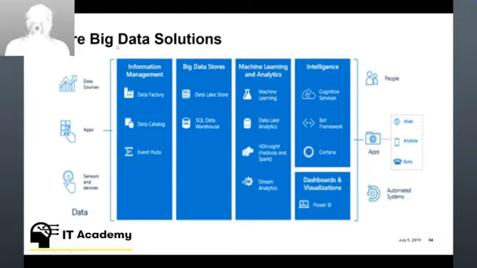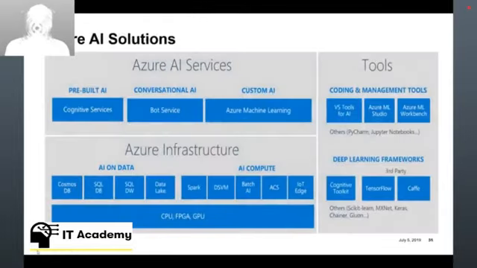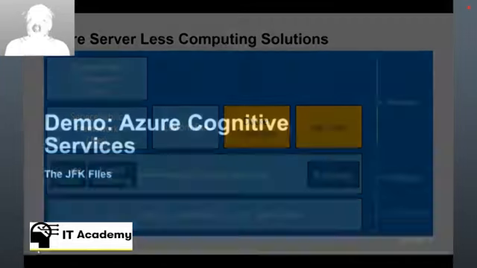So the key lesson to take away from this slide is pretty much everything you want to have to build a big data solution, there's an offering component there in Azure that you can build upon as a foundation for this stuff. AI is a huge growth area, and again, just like these other areas, there are various domains of capabilities that organizations need to have to create an artificial intelligence solution. And Microsoft have created these things out of the box to solve a lot of the challenges you need to create this stuff. So what I'm going to do now, just to close out today's session, is to quickly show you